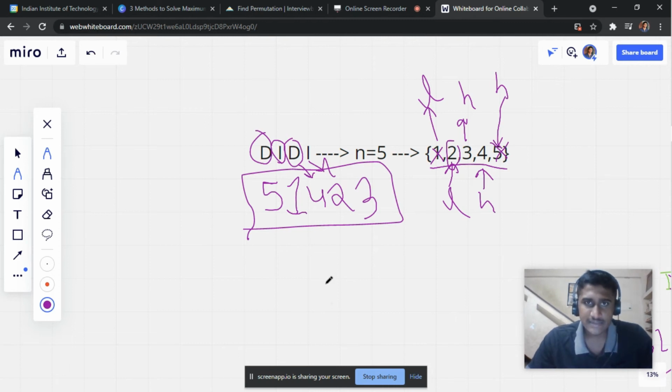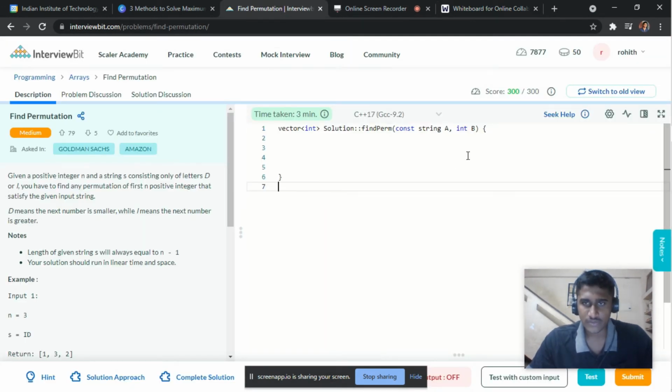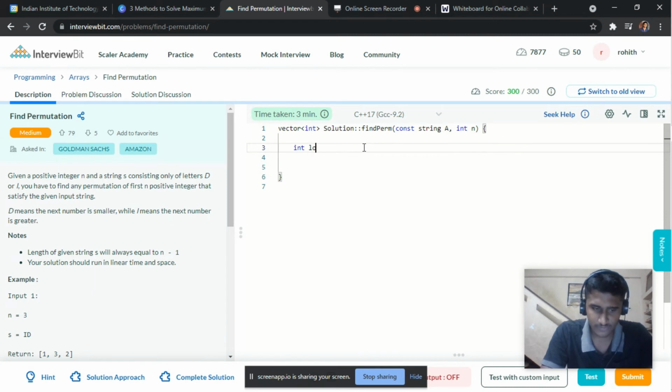Okay, let us consider this case. Now let us see how we are going to write this solution. Here we are given a string A and the value n. Let me declare two variables: int low, which I assign to 1, because 1 is the lowest element in the given array, and high, which equals n.